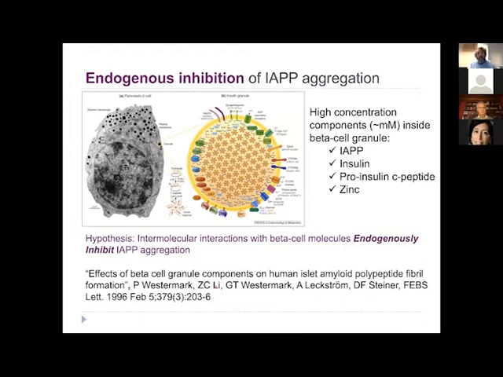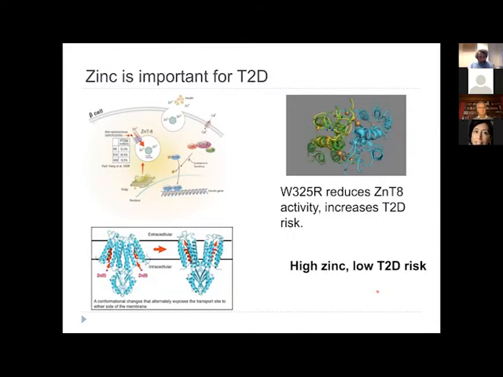This problem was also asked quite early by Westmark and also by the late Steiner, published in 1996. And when I started to ask these questions, the literature suggested that, and here I will focus on zinc, people using association studies found some association between zinc transporter 8 and some mutations associated with increased